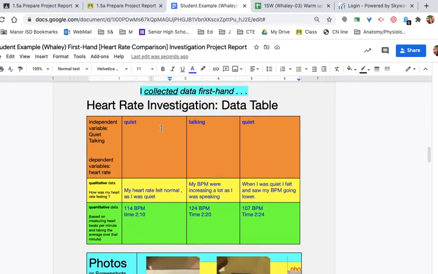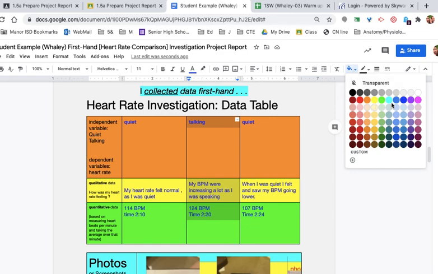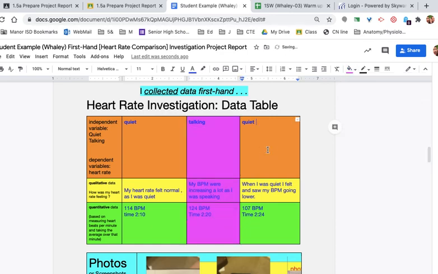But then when I get to the data table, I've only put one of my talking trials. Here, this one in the middle, right? In fact, while we're on that, I might change that color to signify that one. How about that? Okay, so we're still the orange. These are the conditions I put myself in. These are the other independent variables. Quiet and talking. This is good. And then dependent variables, heart rate. So that dependent means it's what you measure. So heart rate, that's down here in the quantitative.